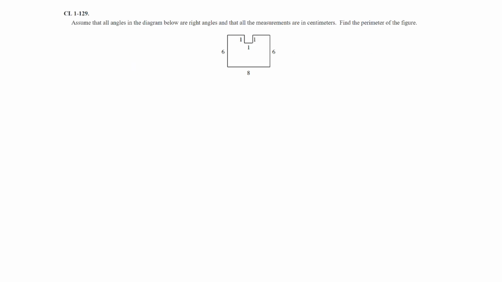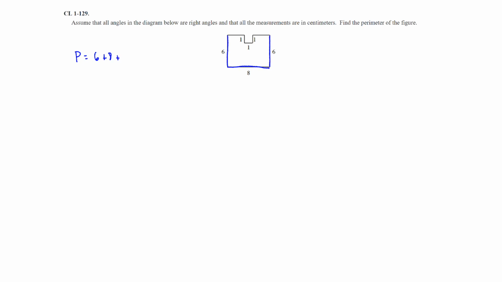Question 129. Assume that all angles in the diagram below are right angles and that all the measurements are in centimeters. Find the perimeter of the figure. So we want to add up all the sides. So we'll start here. We have 6 plus 8